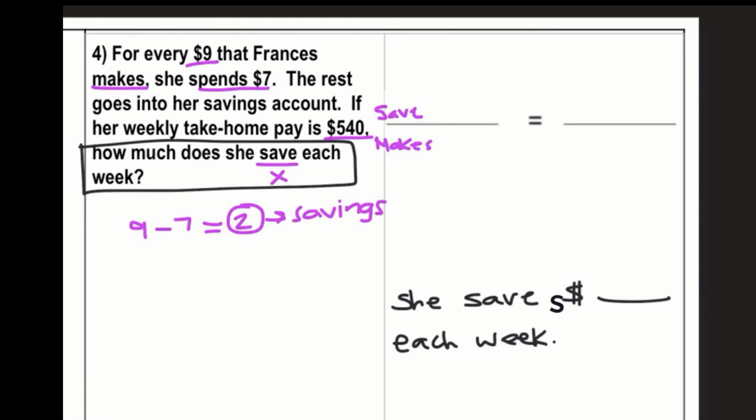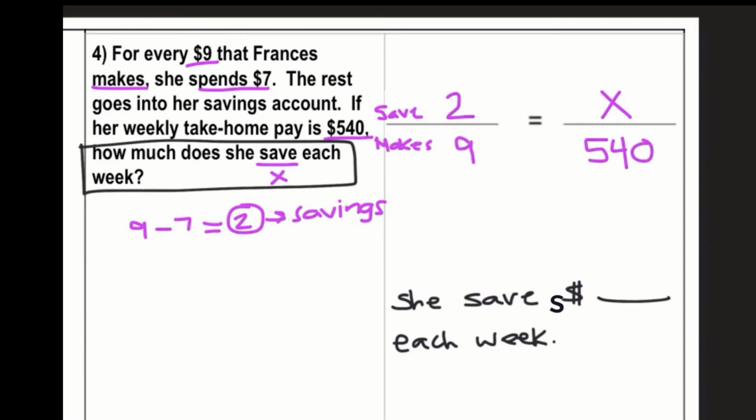So let's figure out what's going to go on the top here in my first ratio. For every $9 that she makes, 9 is what she makes, that's going to go on the bottom. She spends 7. Is 7 going to go anywhere in there? No, it's not. So what am I going to put in the top value here that connects to these values that are in the first sentence? Well, we know that when she makes 9, she spends 7. That means $2 is going into savings. So I'm going to relate $2 in savings to every $9 that she makes. We're trying to figure out how much she'll save if she makes